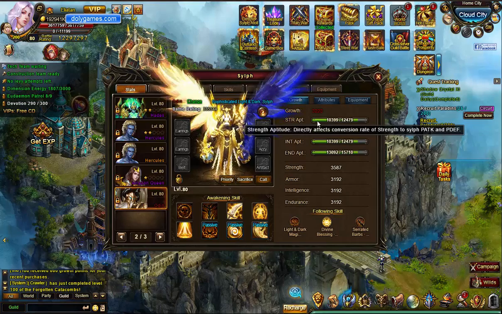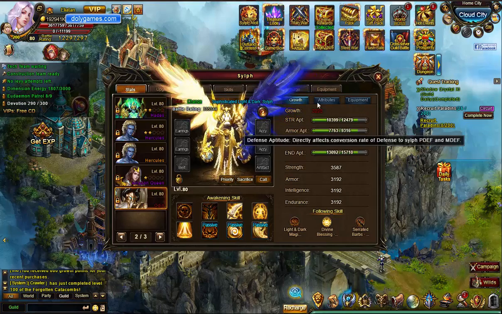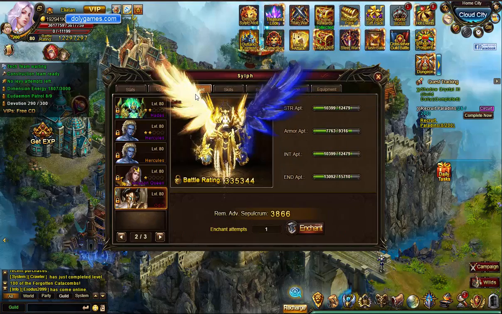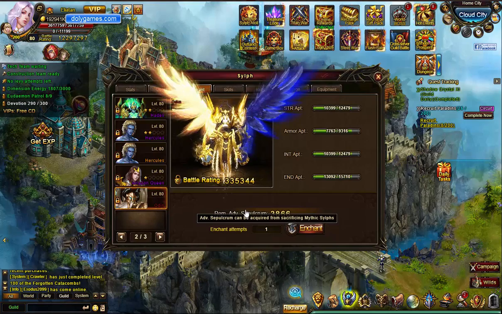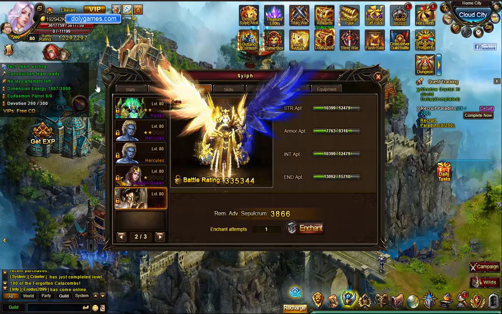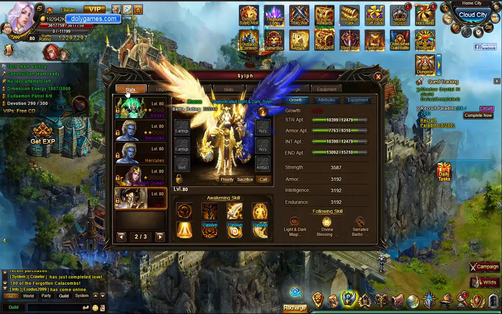But here we are, so plenty of space for more advanced sepulchrum, which seems really weird. Is that right? Upgrade, enchant. Huh. So I